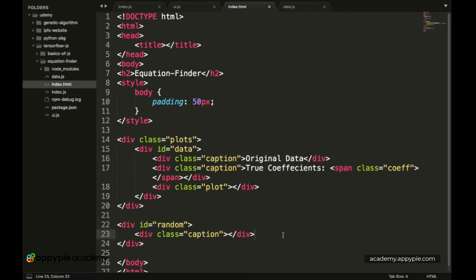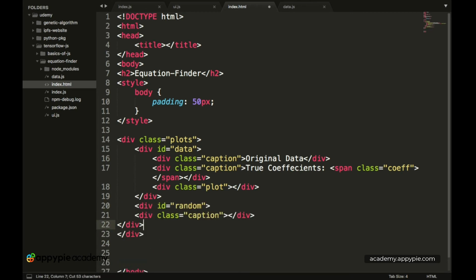Okay, so after this particular div we have another div. Okay, so this div basically lies inside the plots div. So let's cut it from here, and we have the div basically over here.